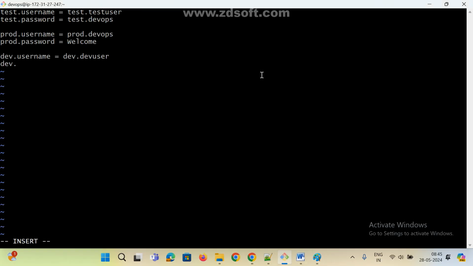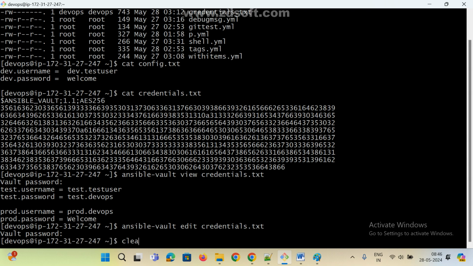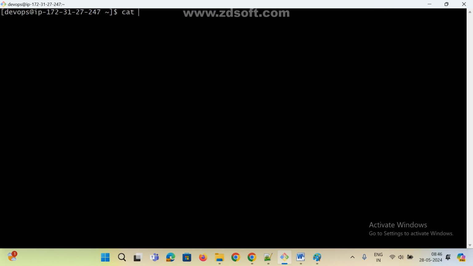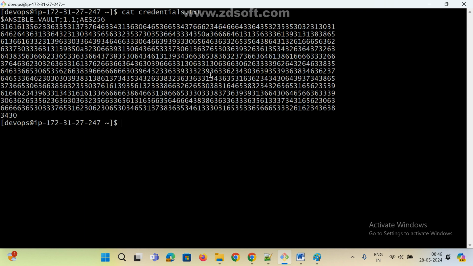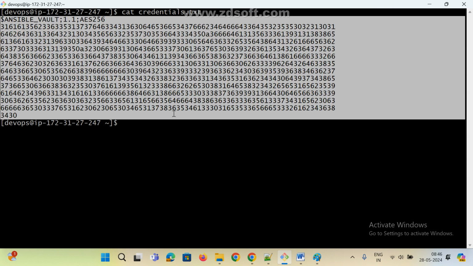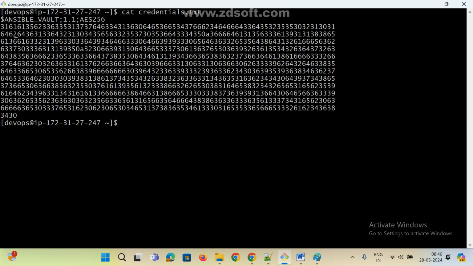Now see here, dev dot password. If you want to, we can edit. Now see here. I gave some name. Now see, escape. Remaining story is the same only. Don't get confused here. Remaining same only. Okay. Now see here, cat space credential dot. Now see here, we can't say anything. Now if you want to see the data, the actual data, my credentials and all,